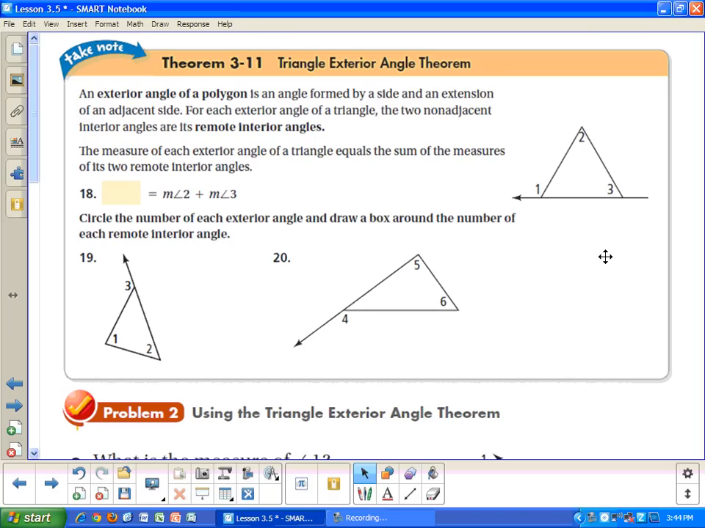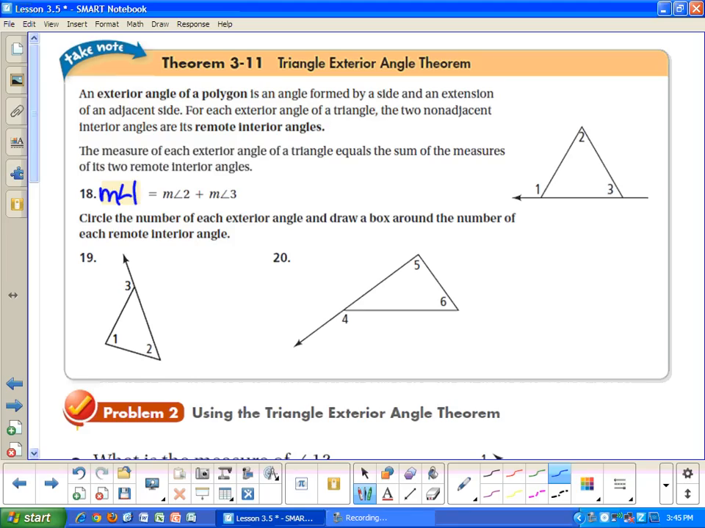All right, another theorem we're going to use is the triangle exterior angle theorem. And that says that the exterior angle of a polygon equals the sum of the measures of its two remote interior angles. So the two angles that are not adjacent to that exterior angle. So in this case, the measure of angle 1 is equal to the measure of angle 2 plus the measure